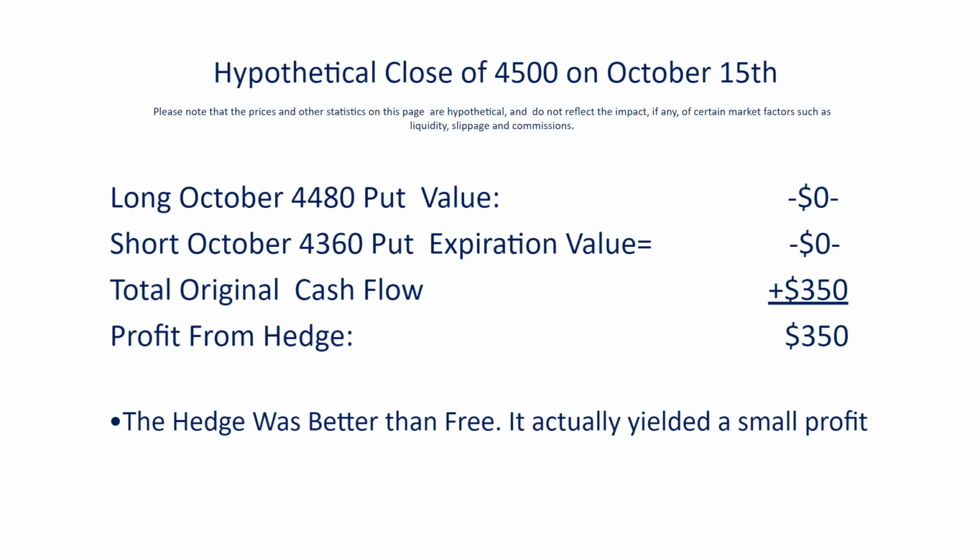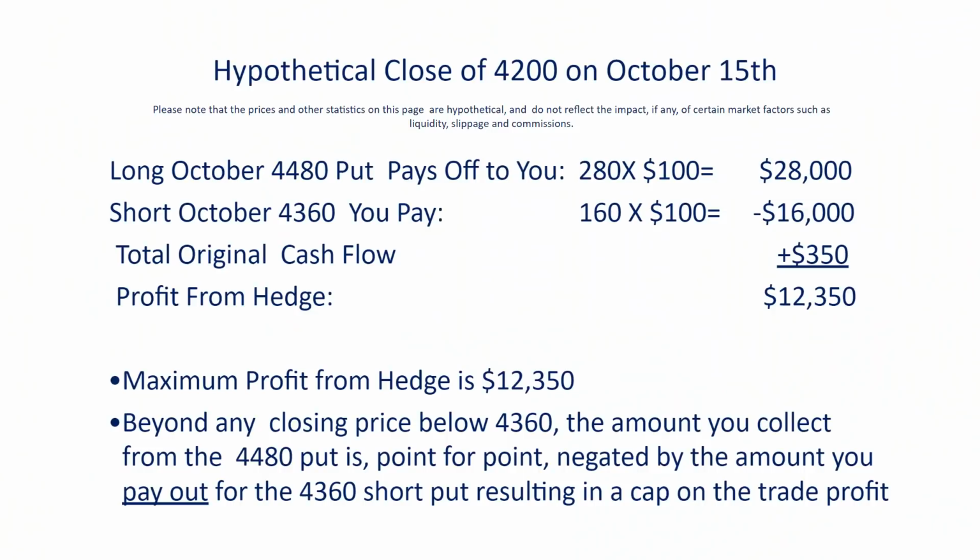Now, one point I'd like to make to you is that by selling that 4360 put as we did, we put a lid on the amount we could collect from that hedge. So for example, suppose that the index closed at 4,200 on October 15th. Well, in that case, the 4480 put would pay off 280 points times $100 for a total of $28,000. But remember, we're short that 4360 put, so that would result in a payment by us of 160 times $100